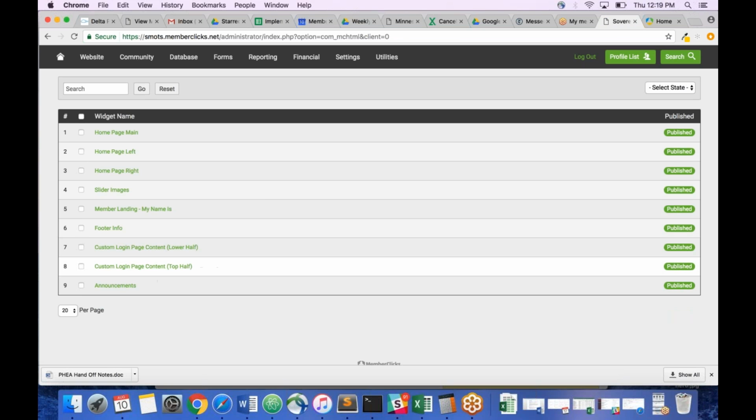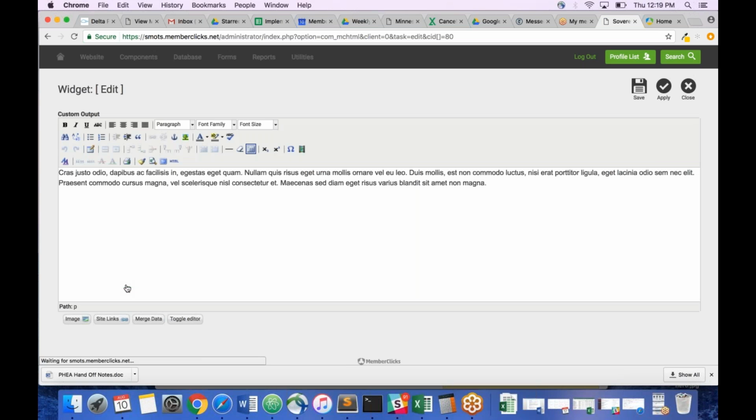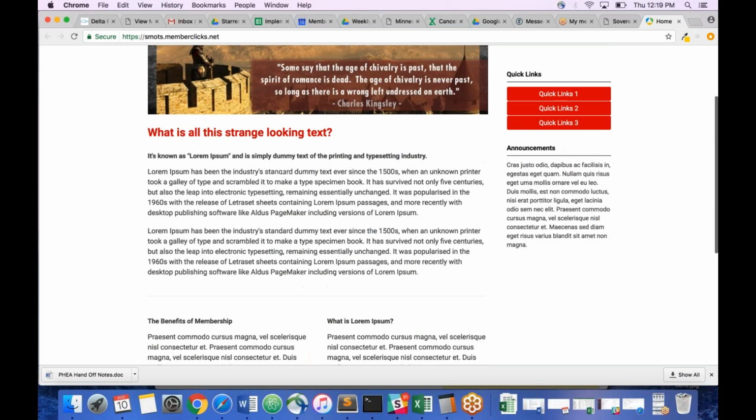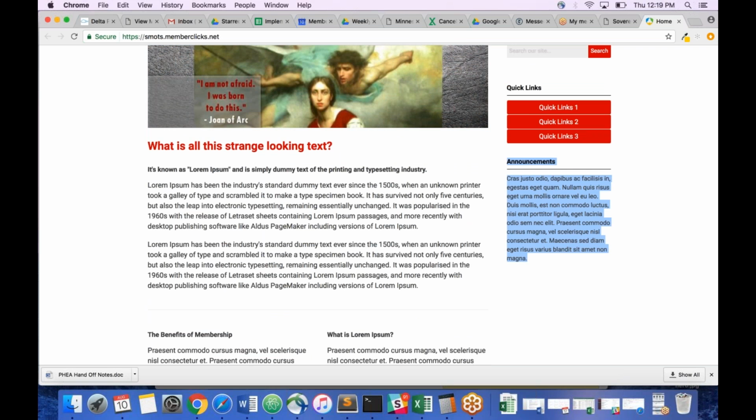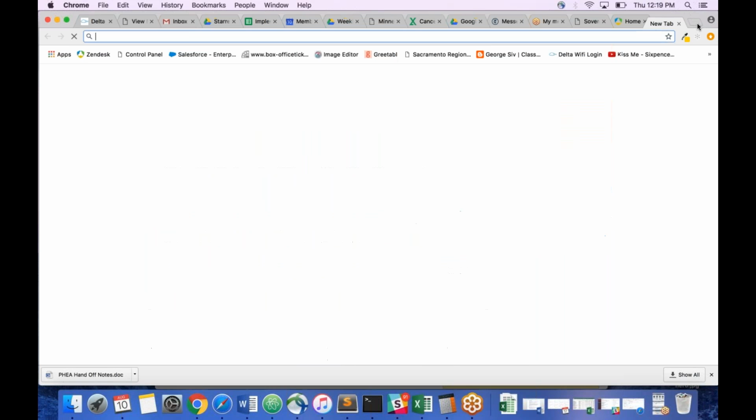We'll skip these two, we'll come back to them in just a second. Announcements is the announcements widget. So if you wanted to add an announcement, it's going to populate right under the announcements widget on the right-hand side. Okay. And then lastly,